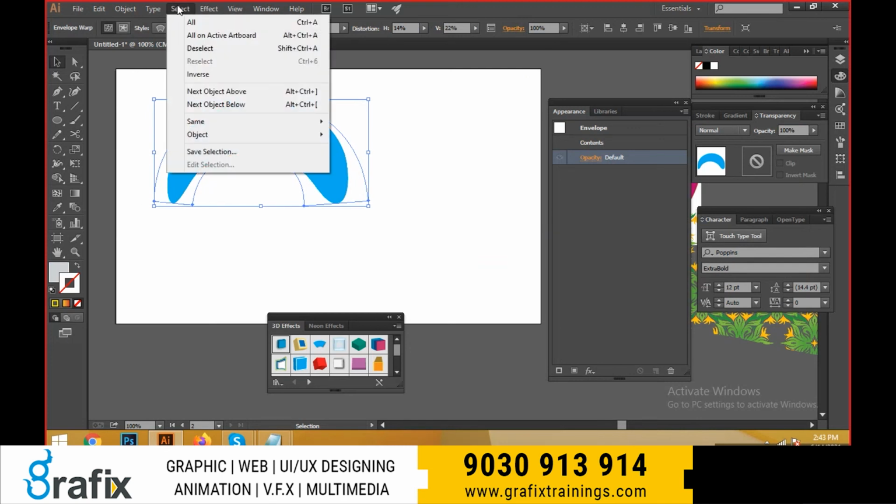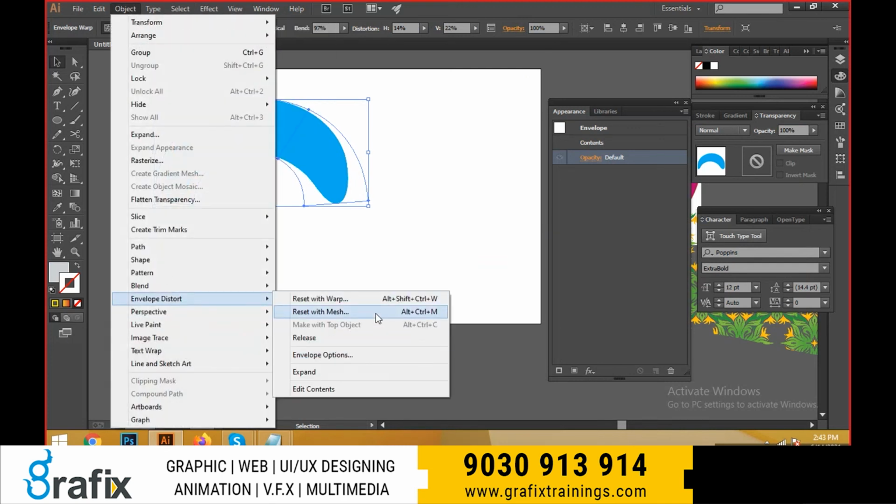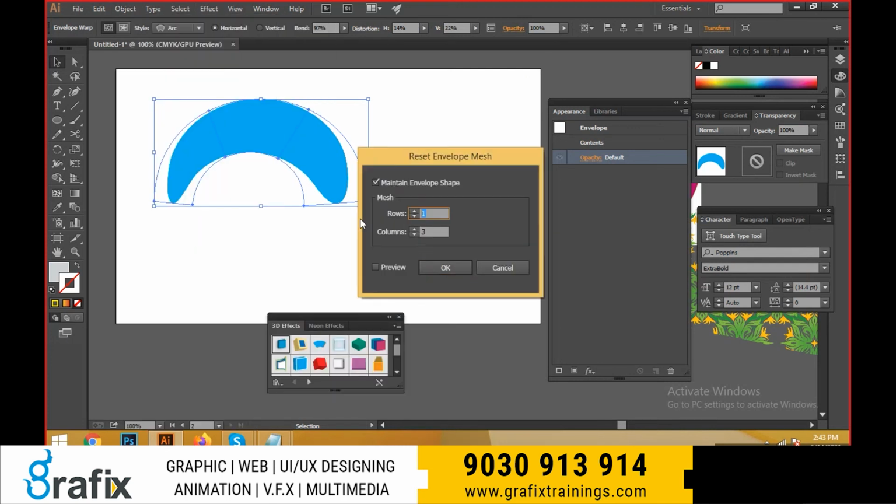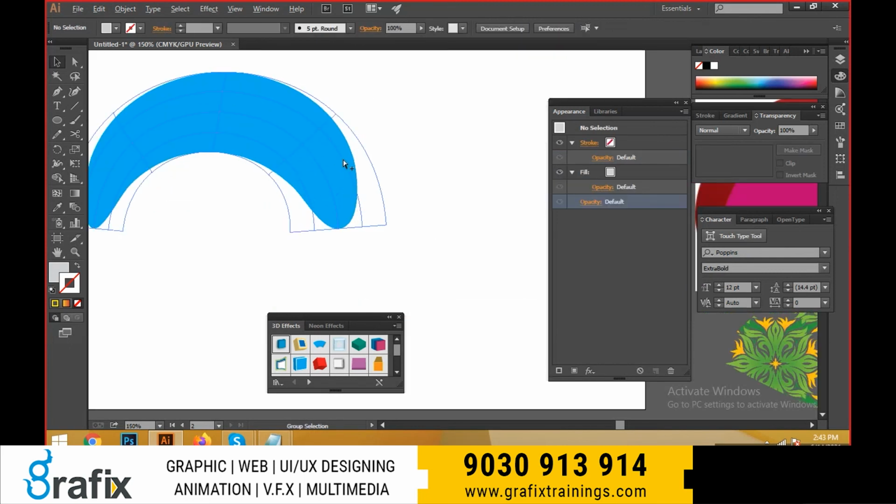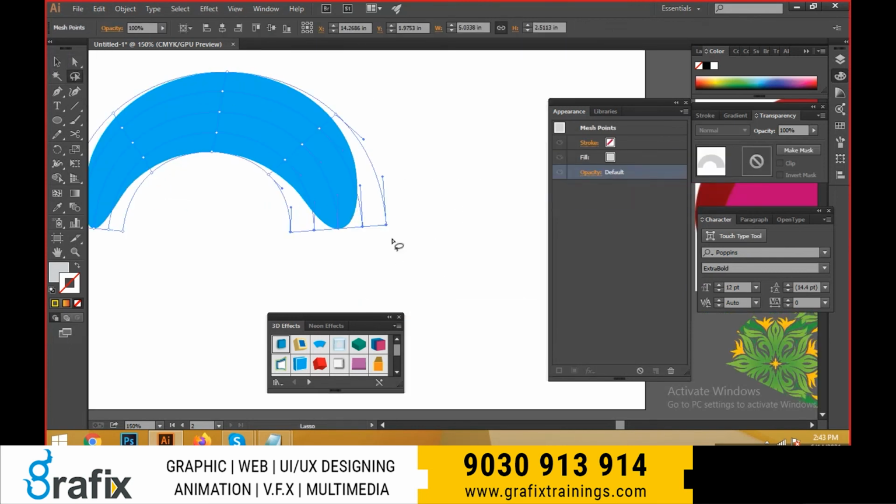Like this, I can go for envelope distortion and reset with mesh. We can go for 4 by 4 columns and I can preview. See, I can adjust the mesh and mesh properties.